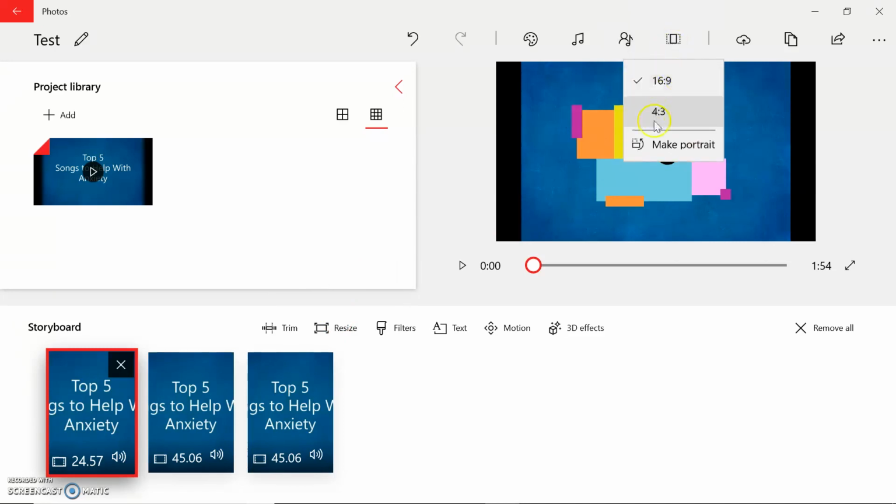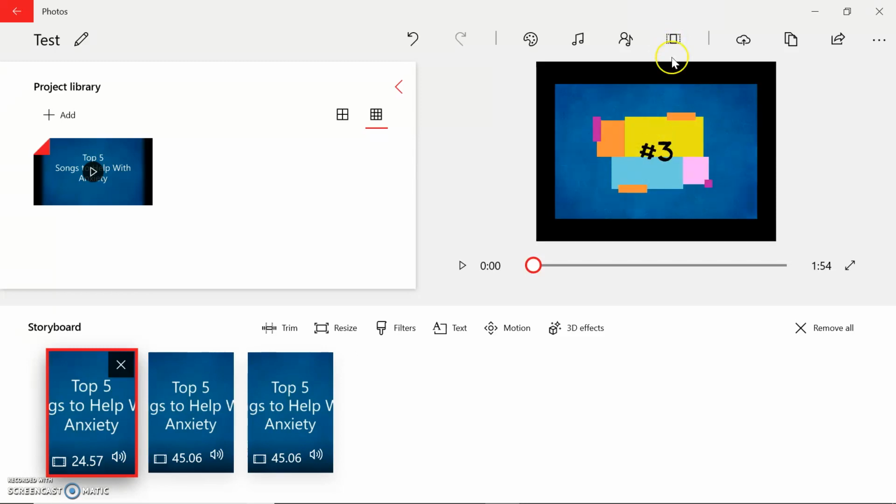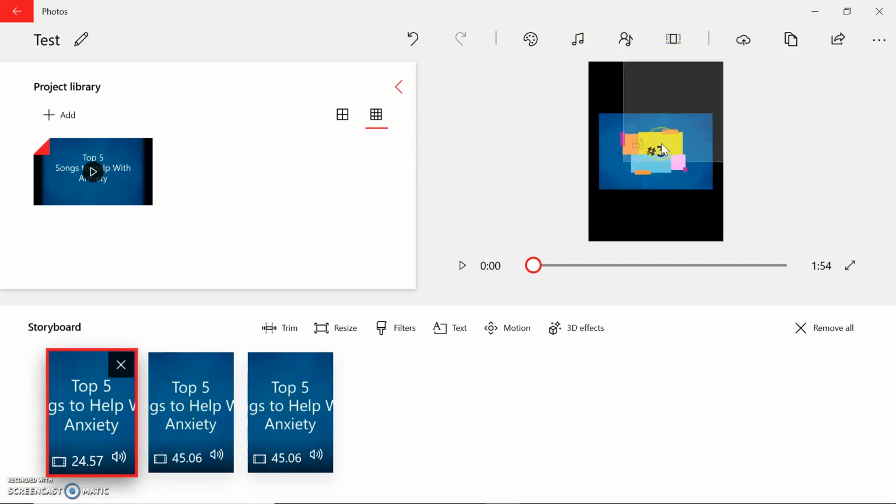I can also, if I go up here, I can also change the aspect. So at the moment it's 16:9, but I can change it to 4:3. I can even make it portrait. Now this is a good feature to have if you make Instagram videos, because then you can take your videos and you can change them into portrait, and that will then be acceptable for Instagram to upload to them. So I'll change it back to